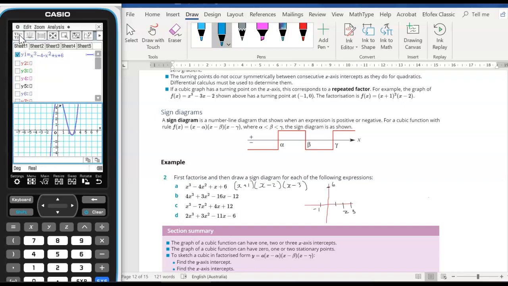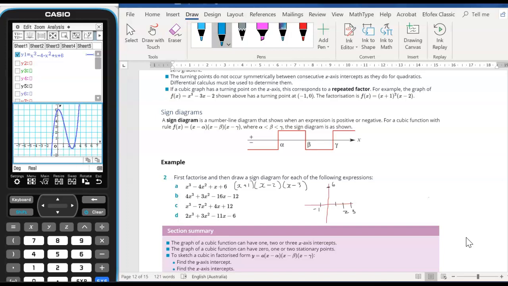All right, so let's have a look at the graph. So there's our cubic. We can see it's going through x equals -1, up through y equals 6, and then it comes back down. So if I were to sketch that here, we're going up, going through -6, comes back down to 2, and then goes, oops, very wonky, but at least you've got an accurate one on that calculator. So for your sine diagram,